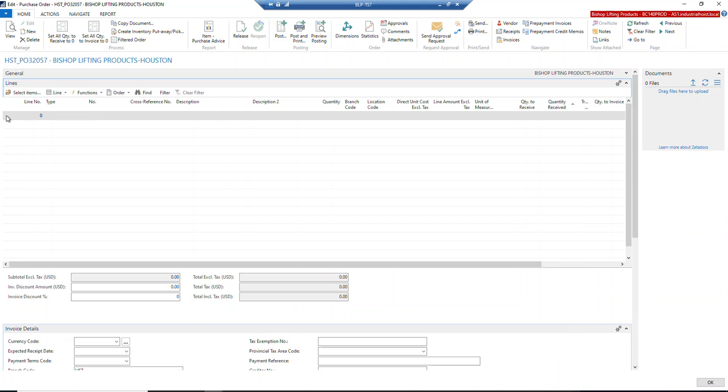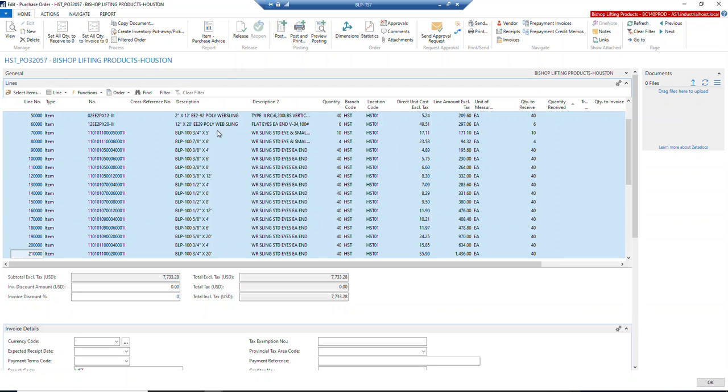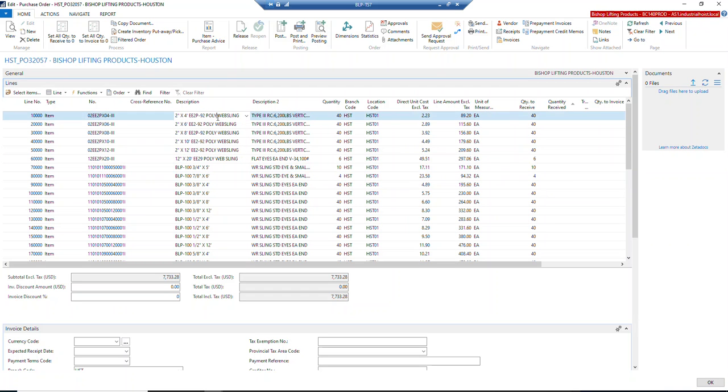Then you go to your purchase order, and over in the first line in the blue area over here, you right click and then go to paste rows. And it's going to think for a minute. It's running through validating every line. And once it's done, all of your rows should paste and populate the same way your Excel spreadsheet was,